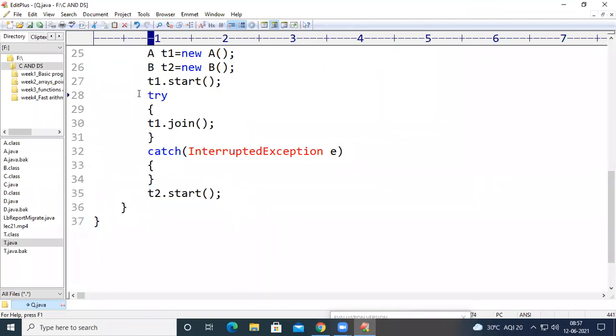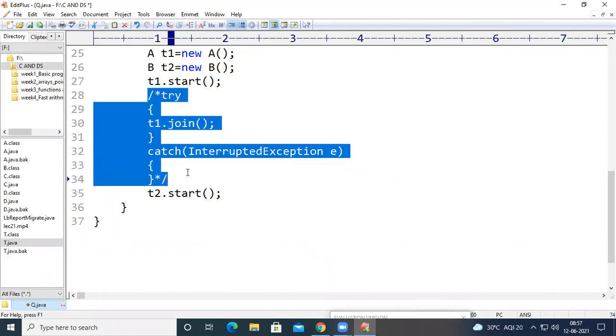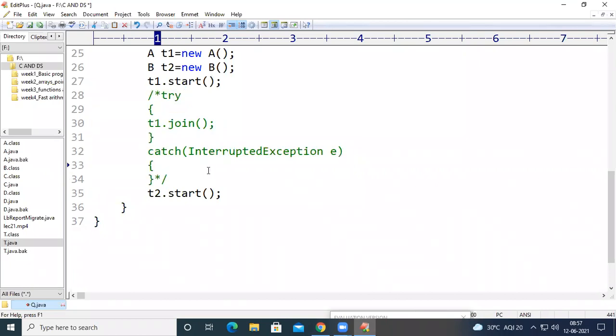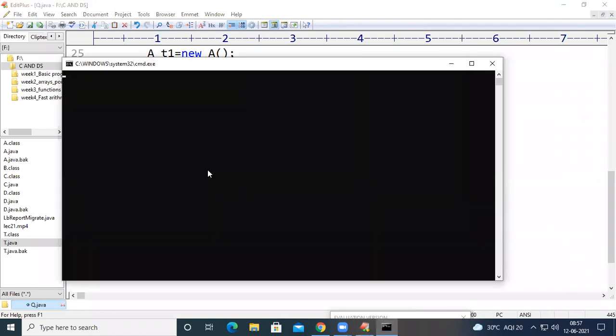Let us have comment lines here and see. If I write slash star followed by star slash, then it will not be compiled by the Java compiler. So if we execute the program like this, compile and run the code, you can see here, you will not get the desired output.